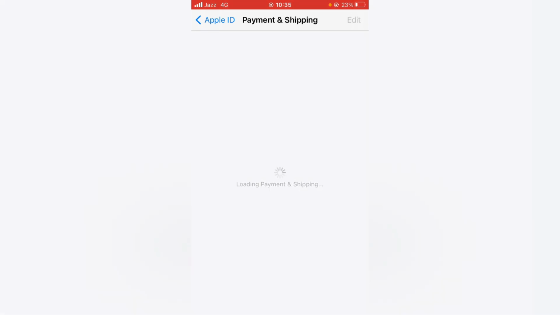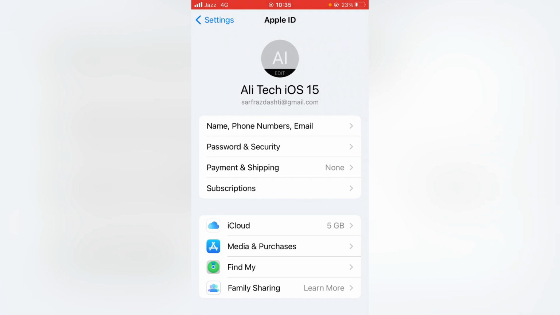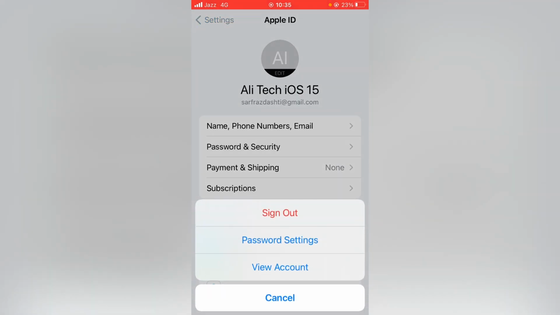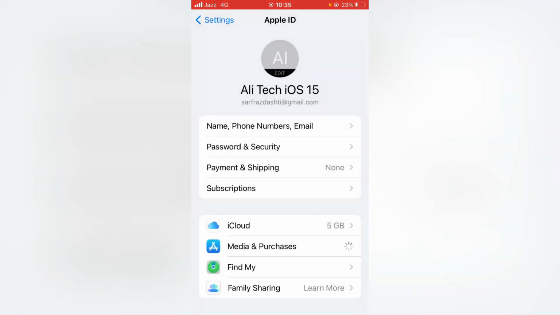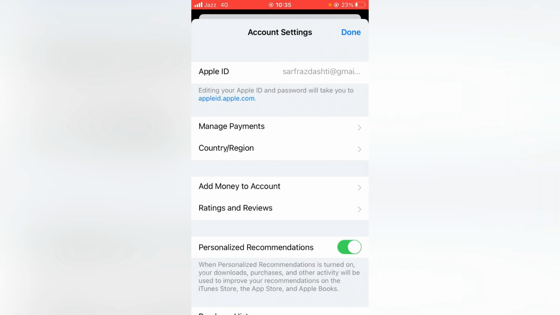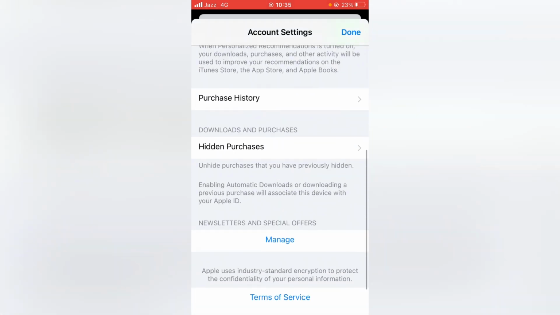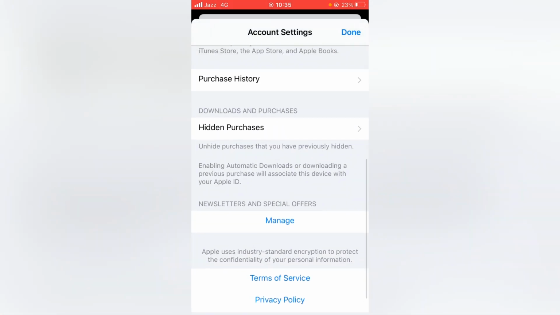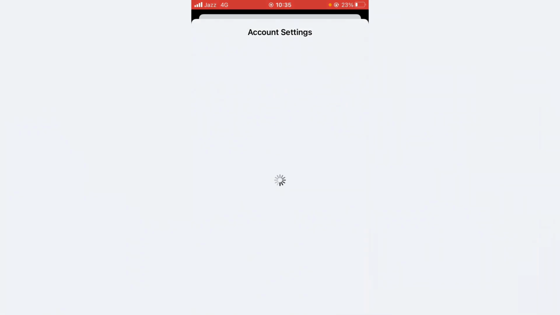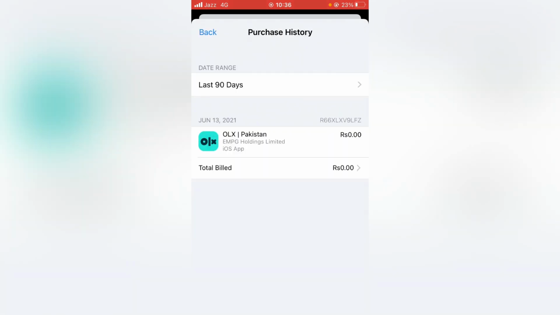After this, go back and tap here on Media and Purchases, and now tap on View Account. From here tap on Manage Payments, and update your payment method. Then go back and scroll down, and here is the Purchase History. Tap it, and from here make sure that you don't have any unpaid subscription. After this, go back